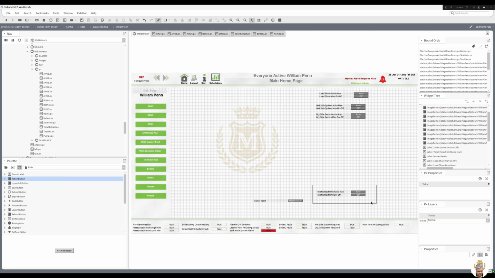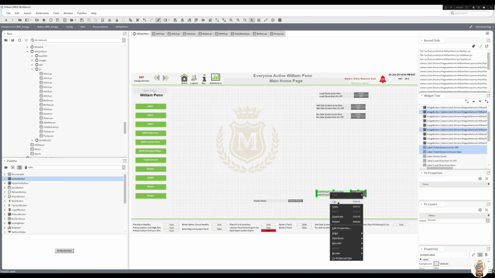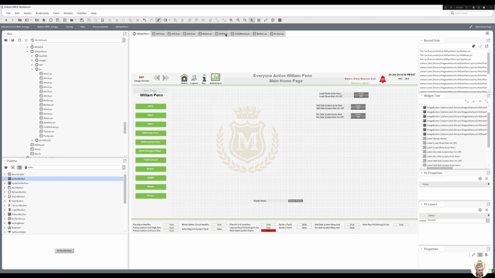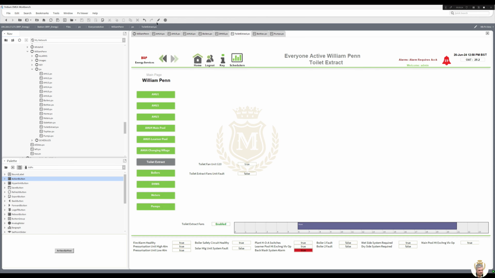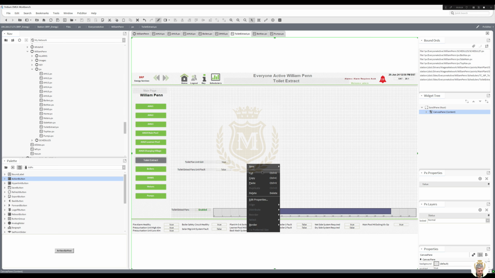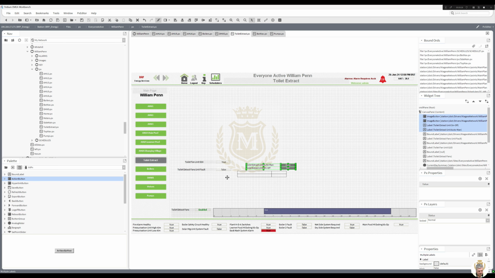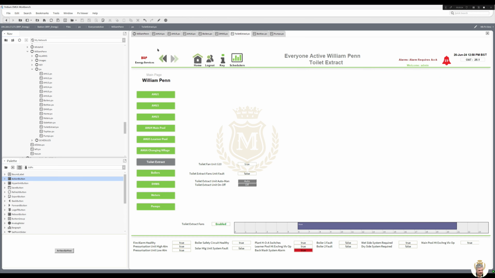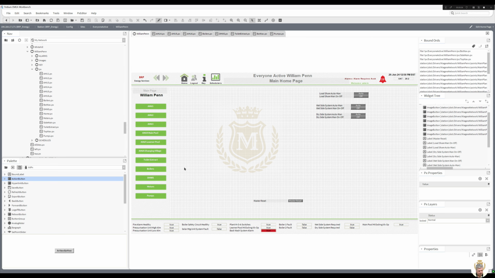Toilet extract, cut that. Toilet extract, again I've got one big page for something that's only got a few points, but again it's only a toilet extract. I could have used the miscellaneous page I presume and put some stuff on the meter, did meters to miscellaneous, and I could have put toilet extract on there with the meters, but I haven't bothered. Load share and that. So let's take